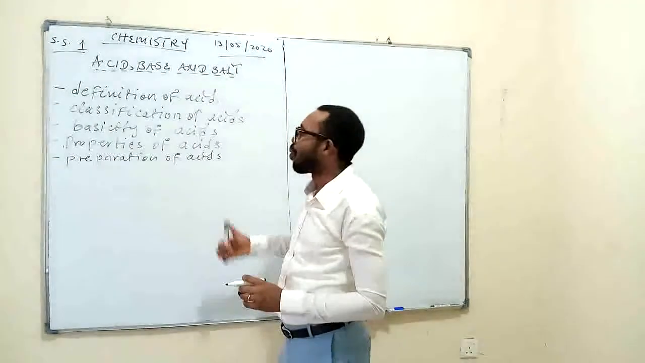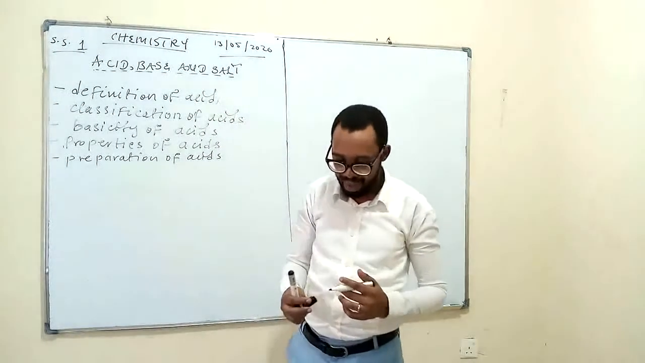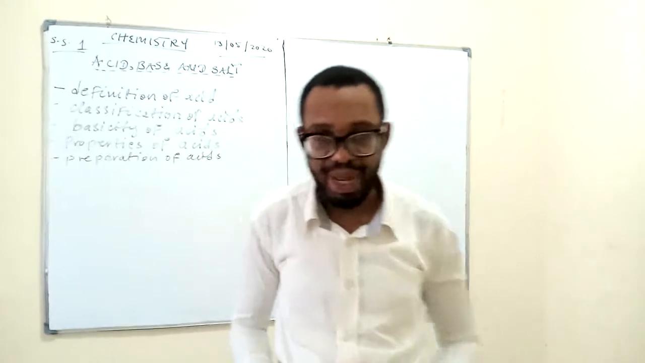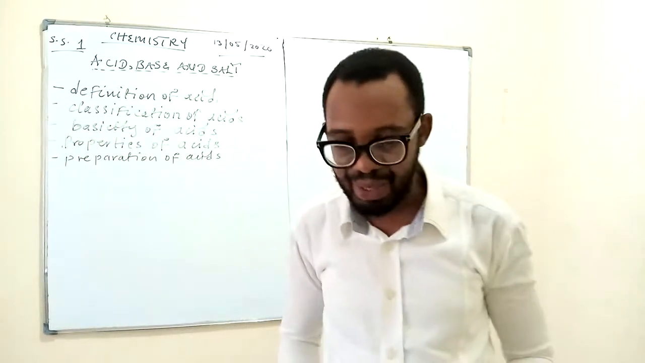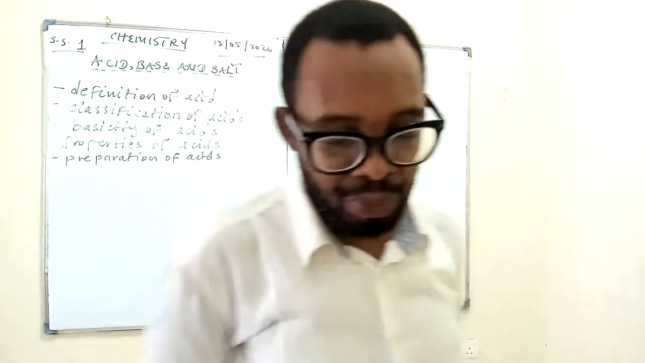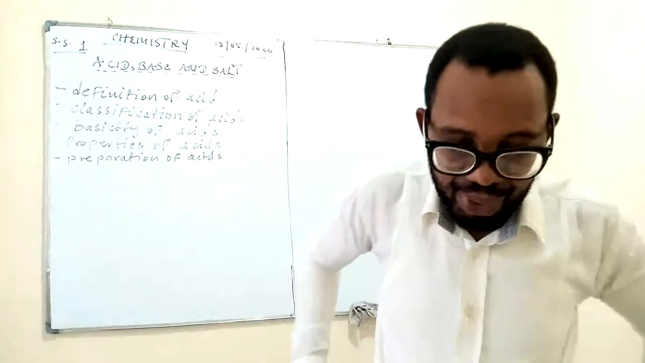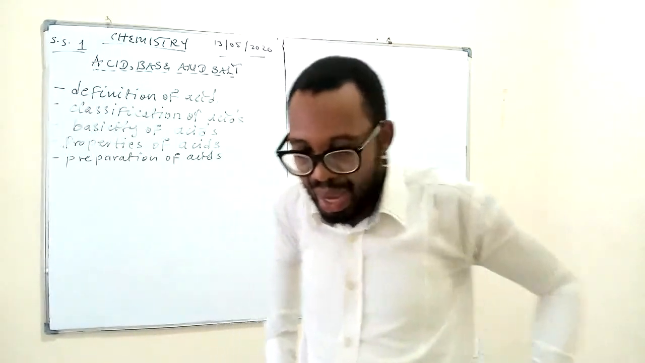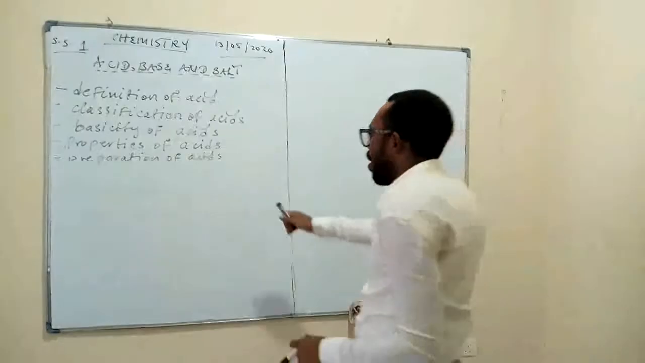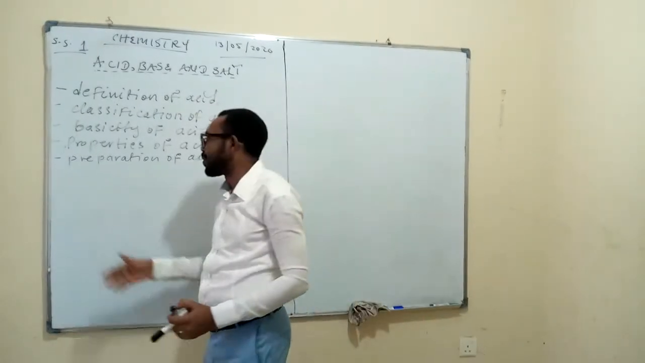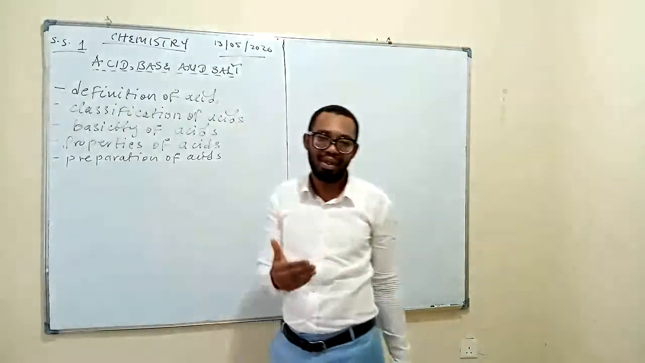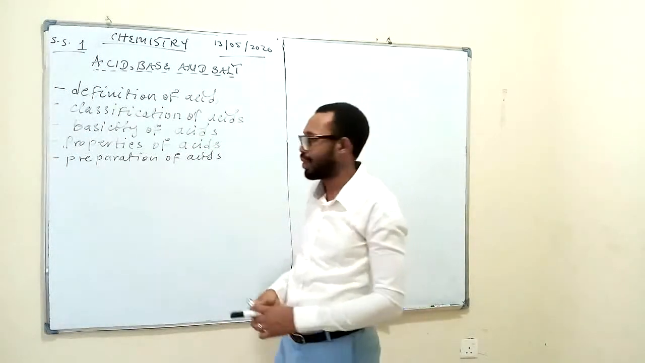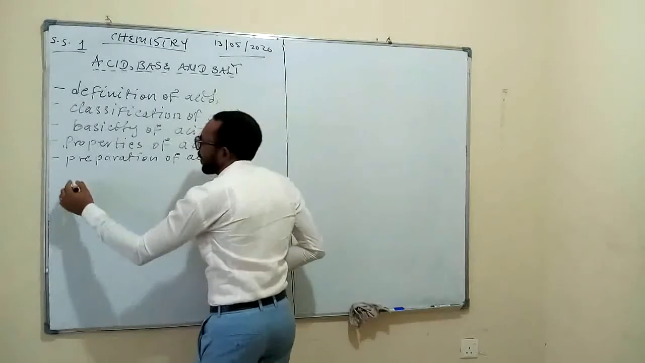Okay, now what is an acid? If you are asked what's an acid, what will you say? An acid is defined as a substance which, when dissolved in water, will produce hydrogen ion, or you call it hydronium ion, as the only positively charged ions. So in other words, we'll say an acid